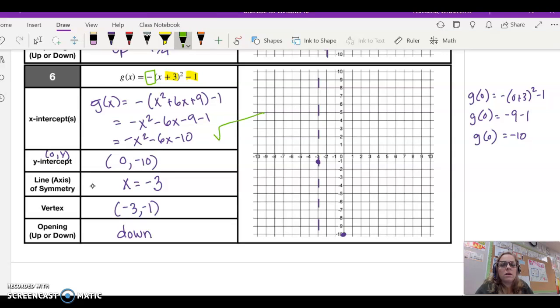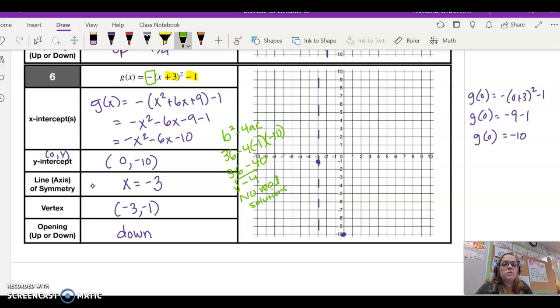All right, the other thing is, remember, if you're getting confused, you could always check the discriminant. So the discriminant is b squared minus 4ac. My b value in this case is -6, so that's 36. We don't need the square root sign for the discriminant. So we get 36 minus 4 times -1 times -10. Well, that's 36 minus 40, and that's a negative. I can't take the square root of a negative. That's going to be no real solution,